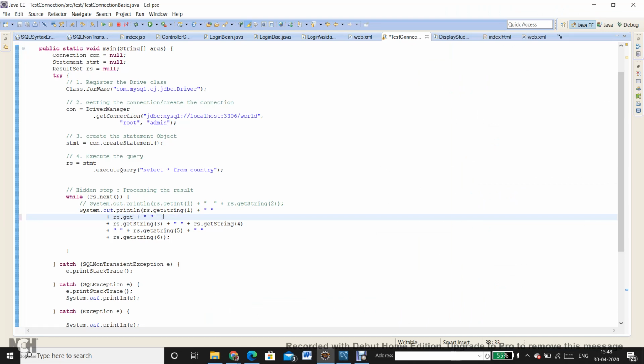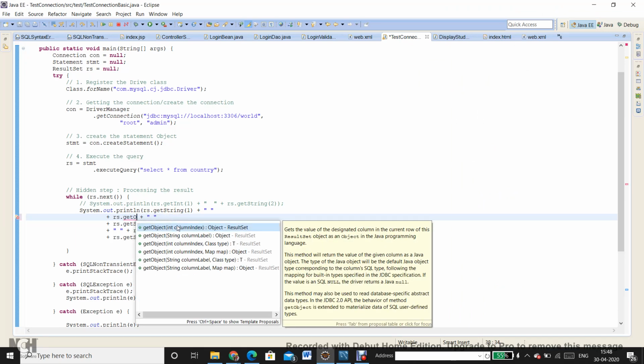So you have another option, and if I try to use rs.get, I will see getObject, and here you can see both the versions, integer column index as well as string column name. That is going to return the value in the form of an object, and even though it's an integer value, you will get the result in the form of the wrapper class instance, that is Integer. Because the Java boxing and unboxing facility was added in Java 5 itself, even if you want to use it as a primitive type, it doesn't bother you.